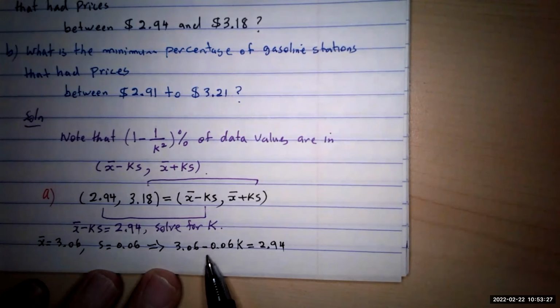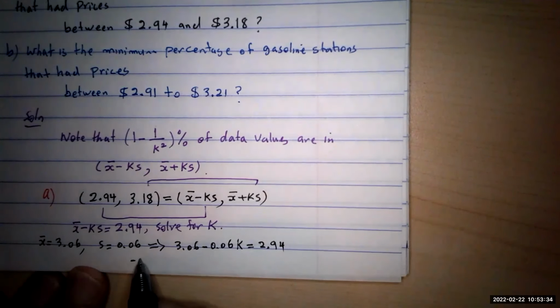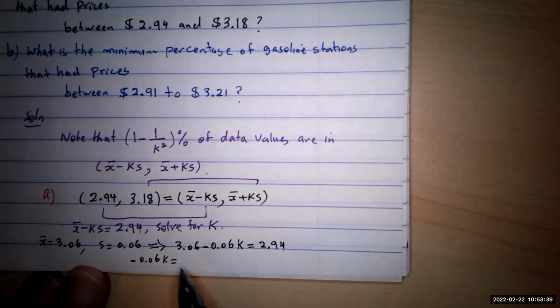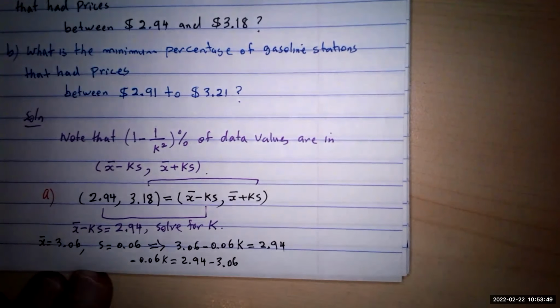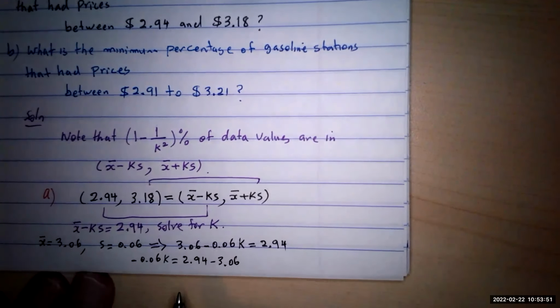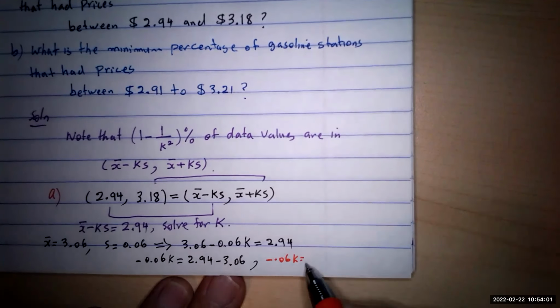I just isolate this one, or subtract 3.06. So this is going to be the case. It's going to be negative 0.06 K, which is equal to 2.94 minus 3.06. Okay, you subtract this number. So the result is going to be negative 0.06 times K equal to, if you subtract this one,